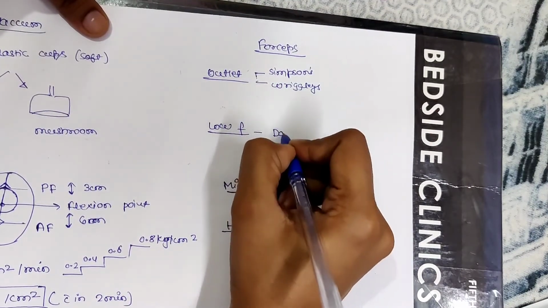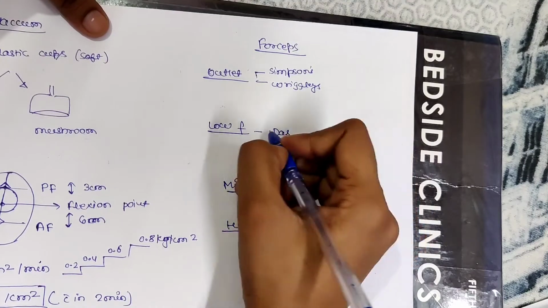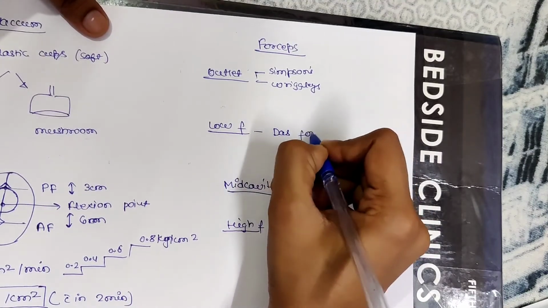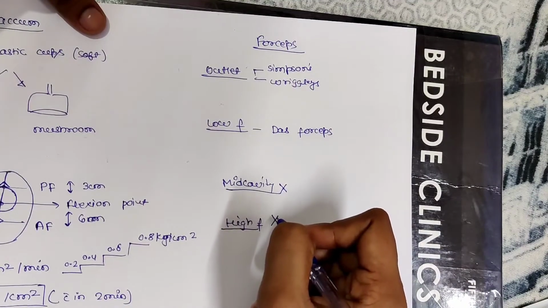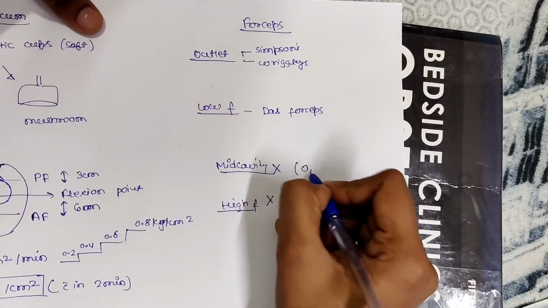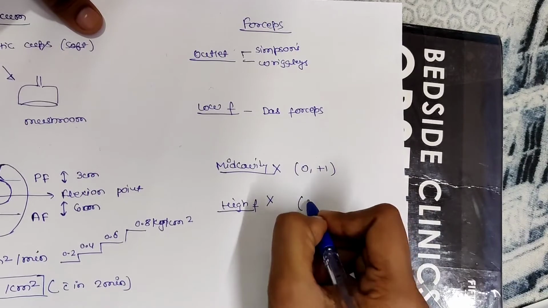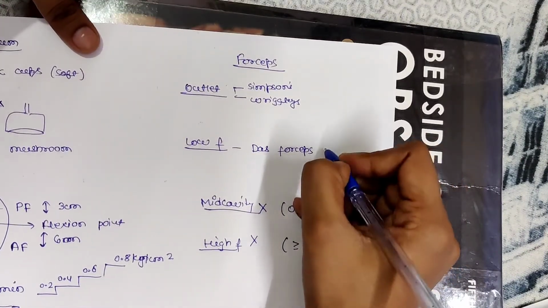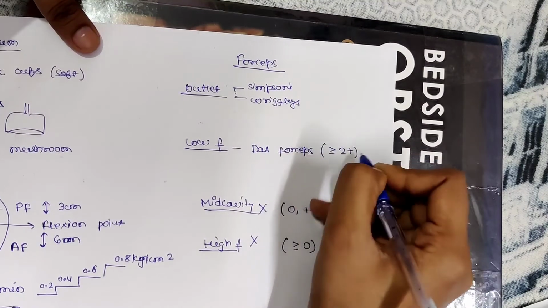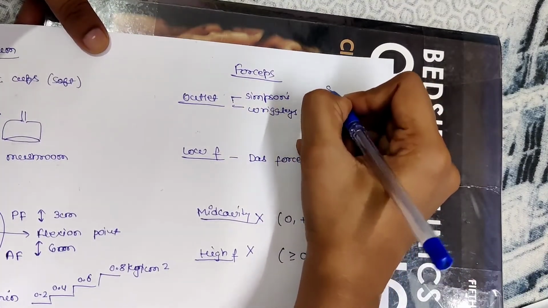Low forceps example is Das forceps, and most of the forceps are low forceps indeed. Mid cavity forceps and high forceps are outdated and not used now. Mid cavity forceps used to be applied at station 0 and +1, and high forceps from station 0 going inward. Low forceps is used when the station is more than +2, and outlet forceps is used when scalp is